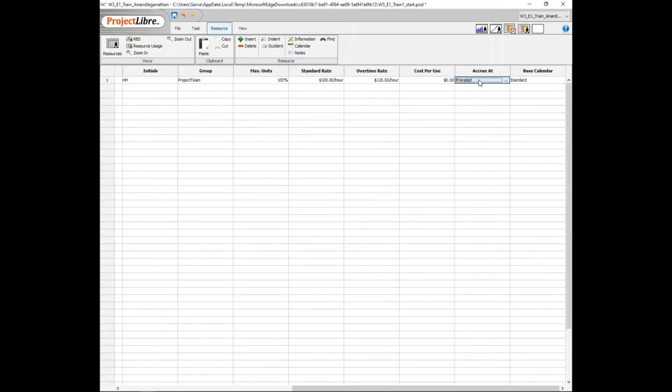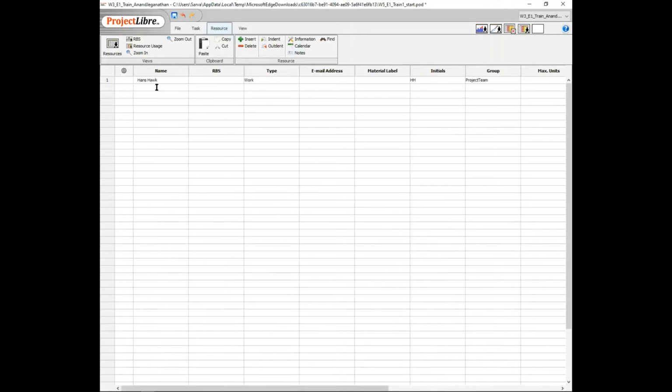and prorated. Okay, some units we might pay upfront. That is, you start here. Sometimes you pay at the end of the work, but here it's going to be prorated. So as the work is done, as the resource is consumed or per hour, we're going to charge every hour. We're going to charge $100 for this resource. All right. So moving on to the next one,